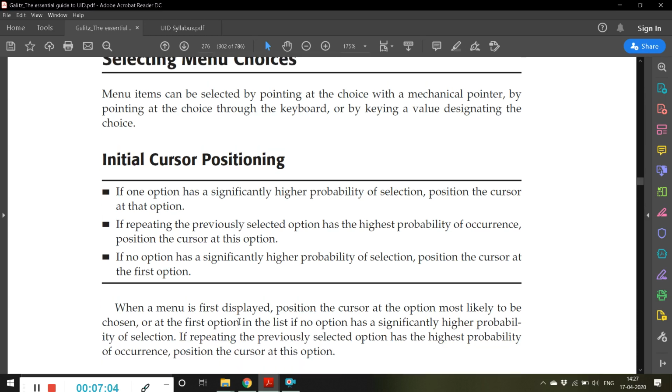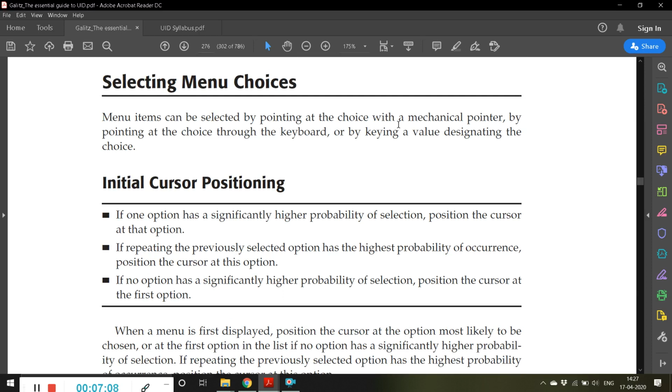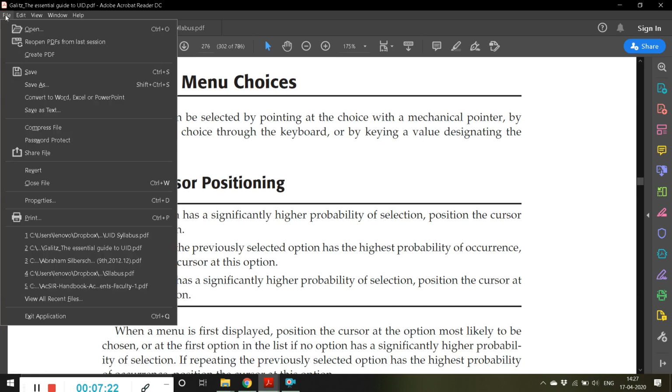Menu items can be selected by pointing at the choice with a mechanical pointer, by pointing at the choice through the keyboard, or by keying a value designating the choice. So there are different ways of selecting the menus. The first one is I'll move my mouse over here and click on it.